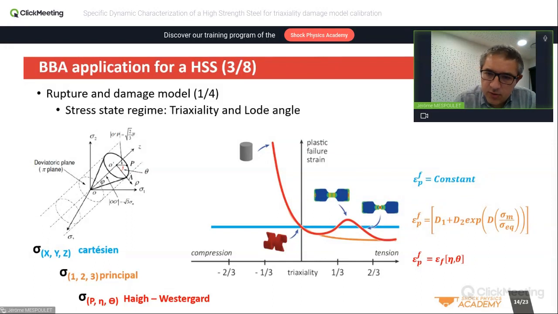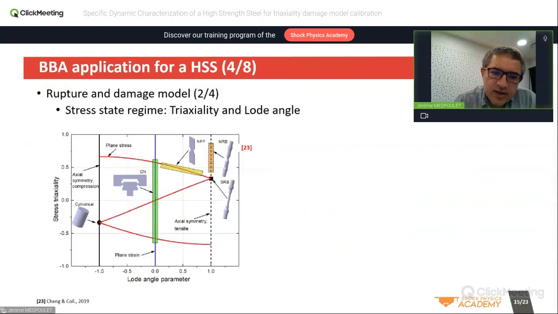You can have various waves in this shape, and so the plastic failure strains can depend on the triaxiality, but also it can depend on the load angle. So it can be not only represented by an exponential. And to get access to these variations, people have to do many tests, and depending on the area we are